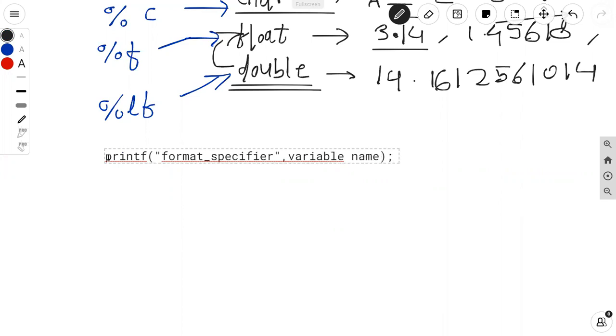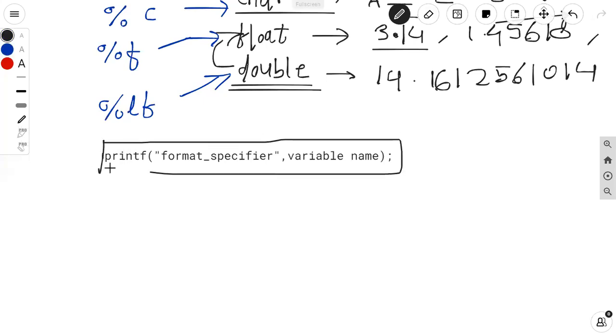So this is the syntax, or this is the way you can use a format specifier. So this is the syntax for printf statement. Suppose in my program I am declaring a variable integer. So how to declare a variable integer? Int keyword, then you can give any name to the variable.